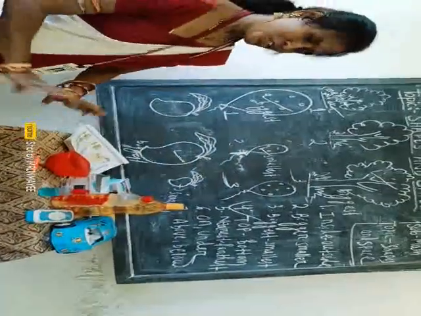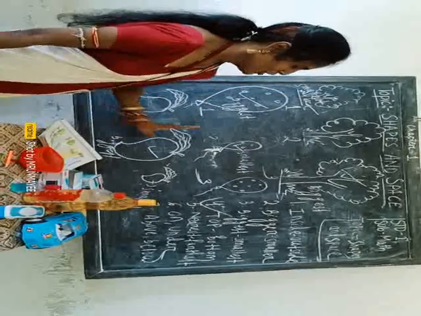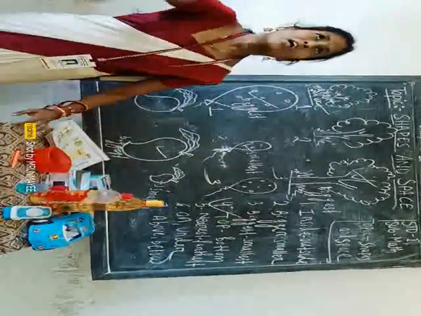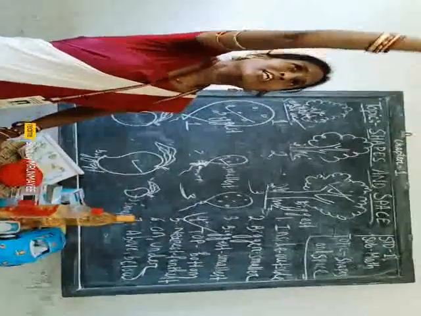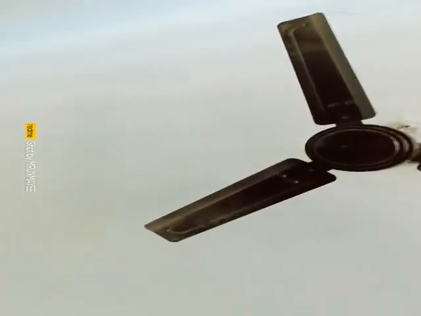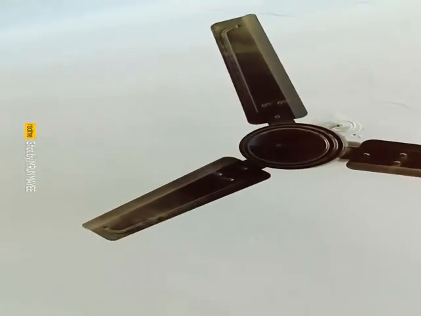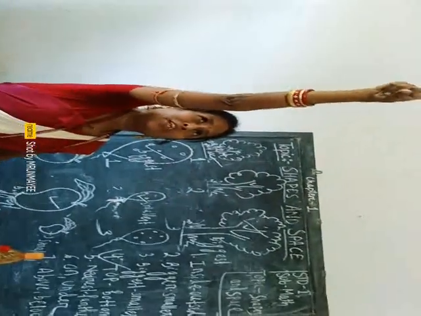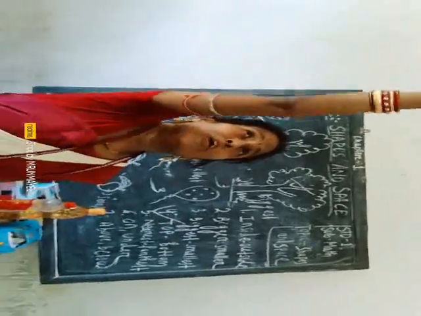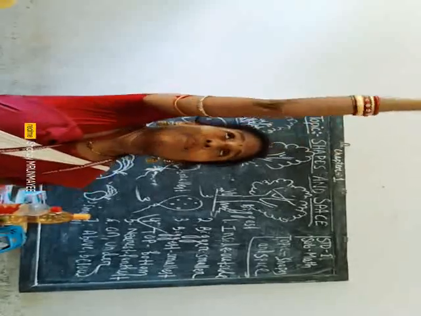Okay, so clear? Next we will discuss above and below. Now you see all are sitting here, and one fan is above. Because I am just pointing at this one, I am not able to touch it, because my hand is not going there. So that's why that is known as above. The fan is above my head.